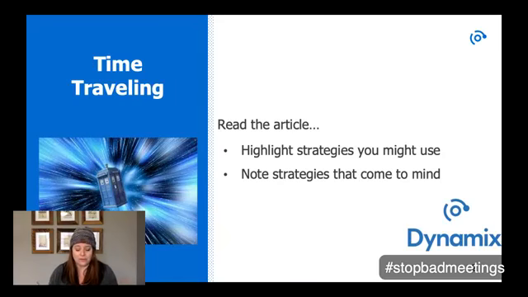So with this idea, I was thinking about instructional rounds. This is something that may be new. We need to first make sure that we dialogue and have a clear understanding of what instructional rounds are. So I would have an article that's not too long, I would say 2 to 4 pages, no longer than that, and ask the group to read the article and highlight the strategies. Note the strategies that really apply to the instructional rounds, and also start focused thinking about what are we going to need to do and when.